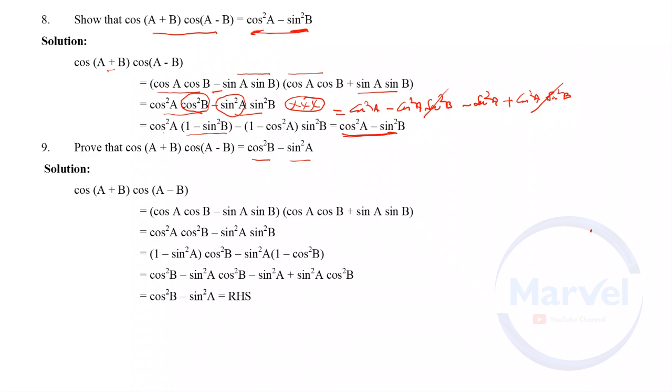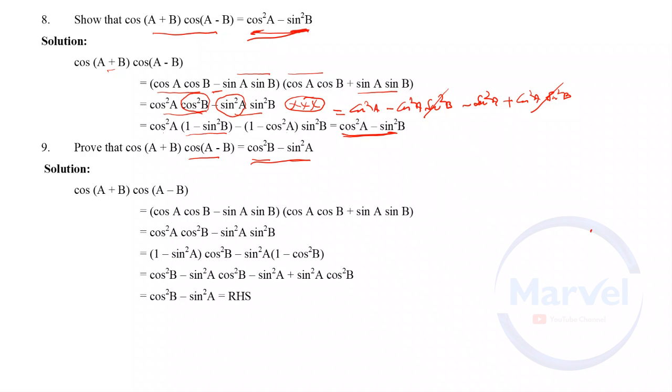So for cosine, the first function in both the orders, AB and BA, are the same, but the functions are cos minus sin alone. So cos²A minus sin²B: the first function is always cos, the second function is always sin, only the angle changes. First one is AB, second one is BA. cos(A+B) into cos(A−B): cos A cos B minus sin A sin B, and the second factor cos A cos B plus sin A sin B.